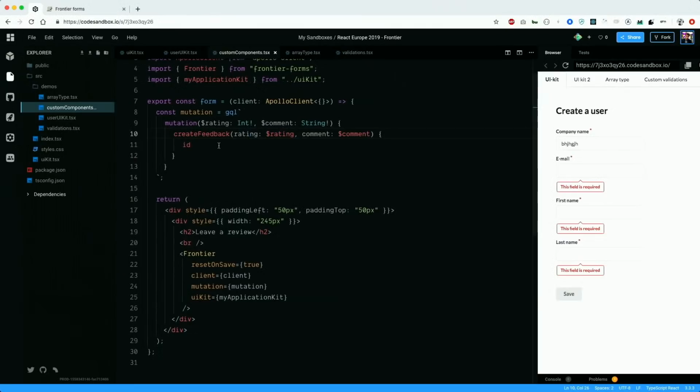Here, it's another form. We want to create a feedback. So, I don't know, it's Airbnb, very early stage version. I want to create a feedback, so I have to provide a rating and a comment. The rating is an integer, and the comment is a string. If I do not change the UI kit, I'm going to end up having just two inputs, one that takes a number, and the other one that's going to be a very small input for a comment that is aimed to be more of a text area. So how do I